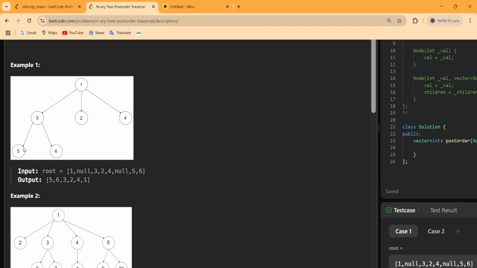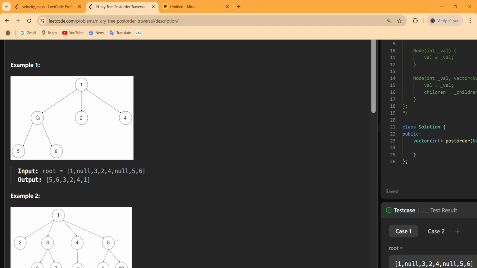When we are on 5 there are no children left for this 5, so we evaluate this 5 and then move to its sibling, that means this 6. We can see there are no children for this 6 as well, so put that 6 inside our answer and move to its parent because there are no more siblings left for 5 and 6.